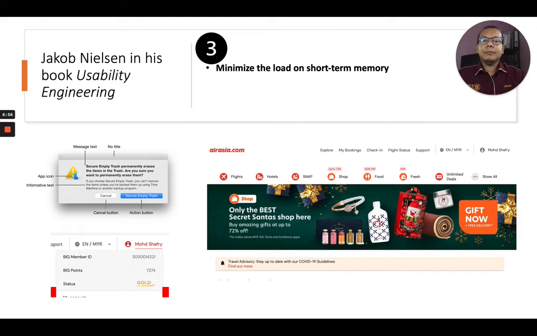So in the third feature, which is minimize the load on short-term memory. As I said in the last lecture series, some users maybe have a little bit low effort to understand the interface and so on. So then you need to ensure that they can really memorize or easily understand the interface that you have proposed. So we will minimize the load of